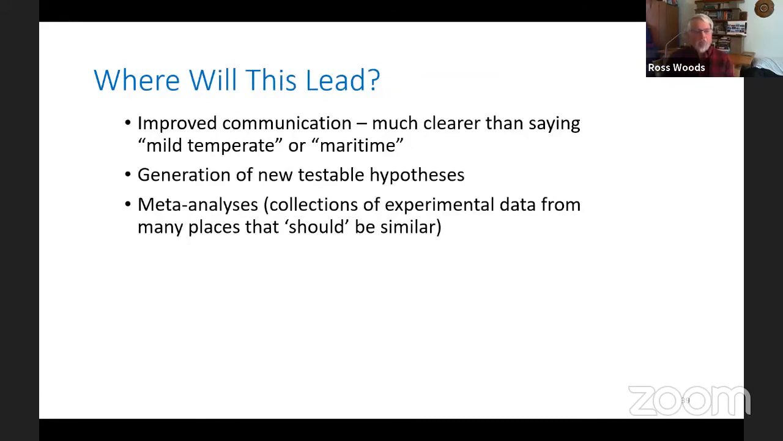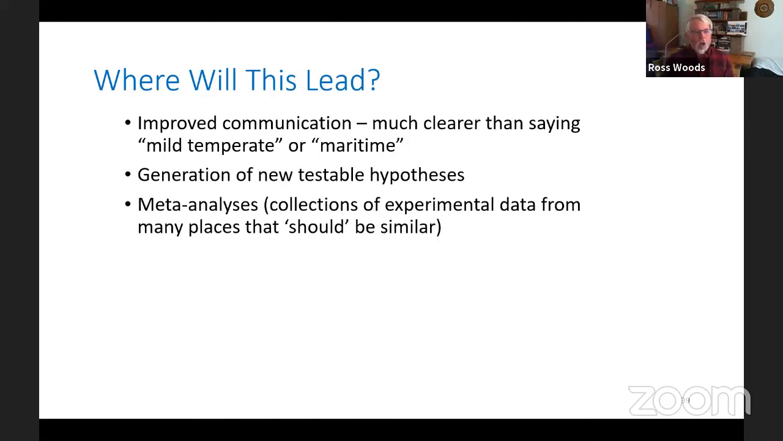I wanted to talk more about why I am doing all of this. So not so much how to do it, but where is it going? I think one of the things I hope that this work will lead to is improved communication between people who study hydrology in different geographic locations, so that we can describe what kind of place we're working in much more clearly than saying, oh, I work in a mild temperate catchment, or a maritime forested catchment, or a steep, thin-soiled catchment, that we could have some kind of consistent way of describing to one another